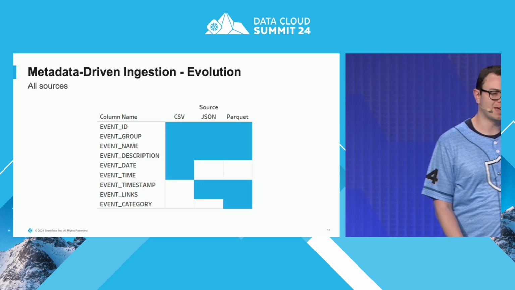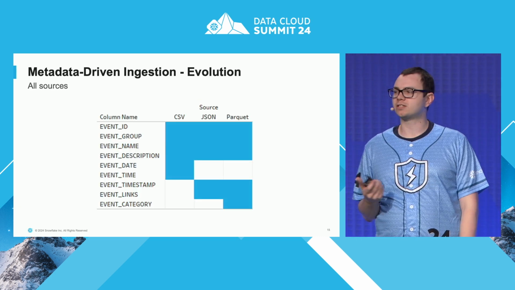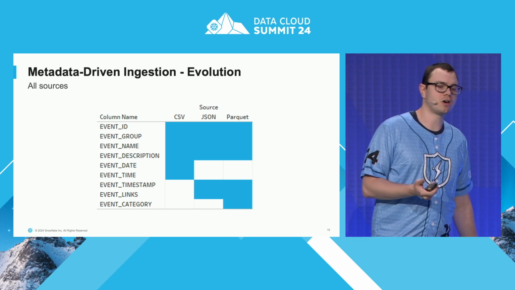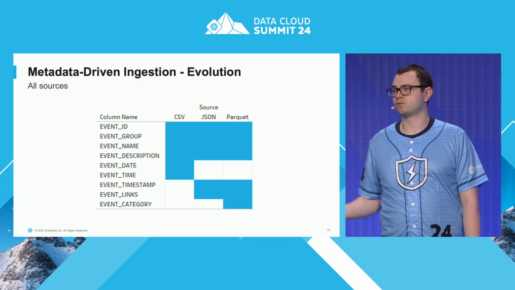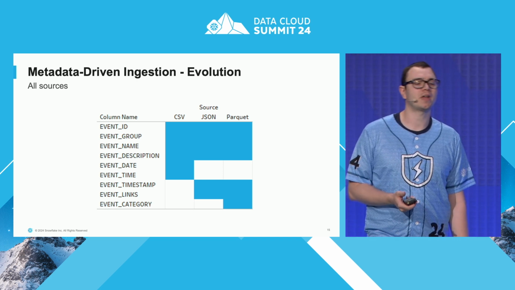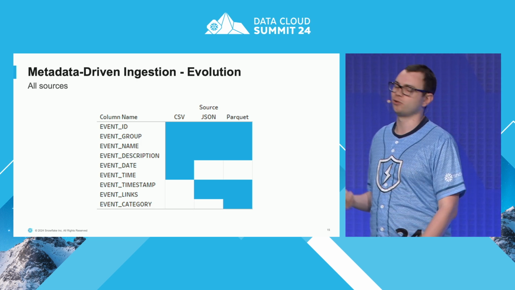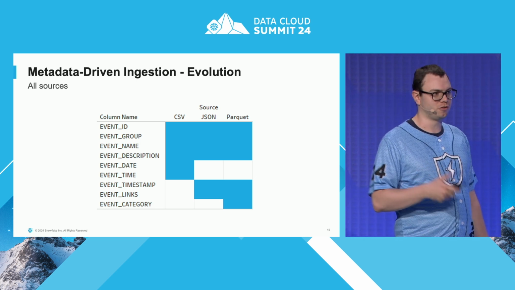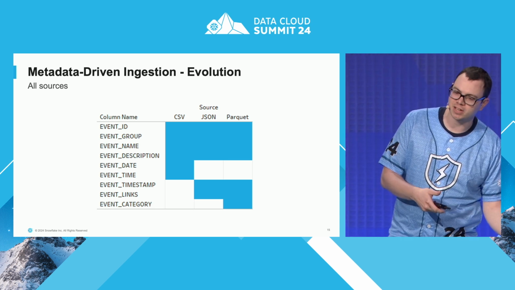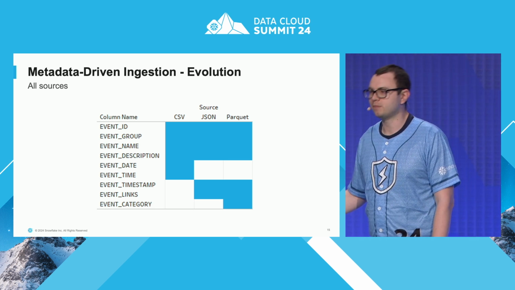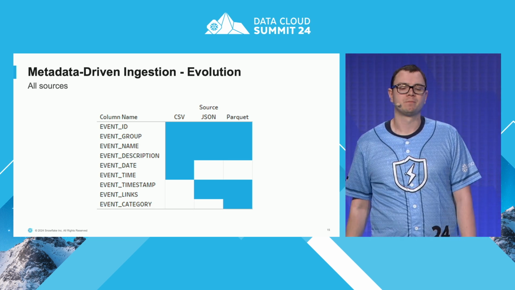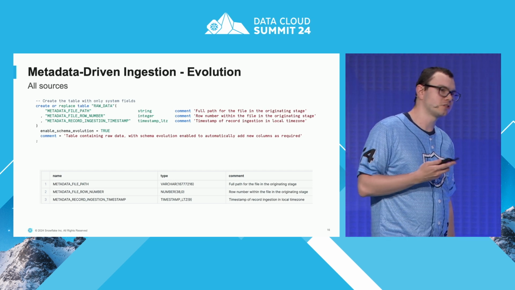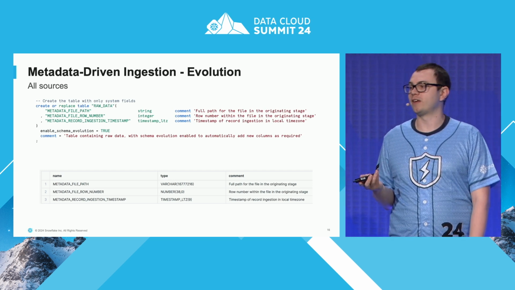So we're going to make it a bit more interesting. We're going to look at automated schema evolution. And for this example, we're going to load data from 3 different sources into one table. And these files all have a slight difference to them. They've got some fields in common, but they also have a few differences. A couple of fields that only are in the CSV, a field that's only in the Parquet, just to make it a bit different. To load all of these into the same table, we're first going to create that table.